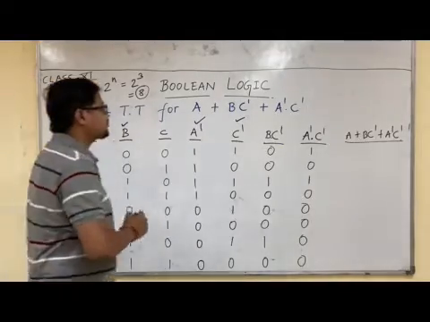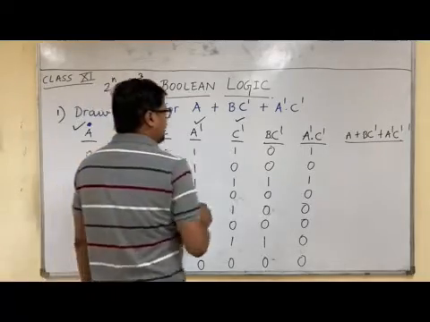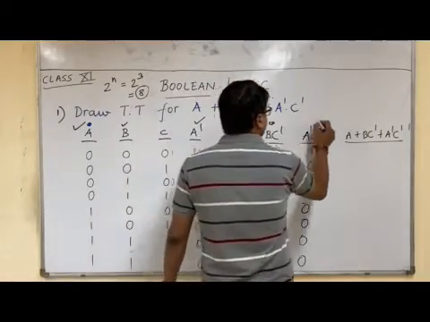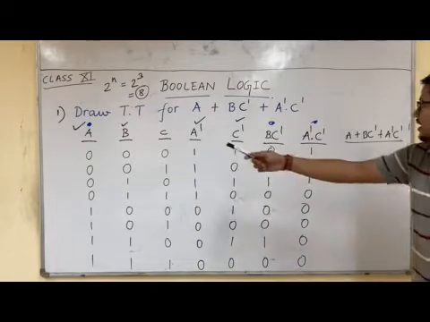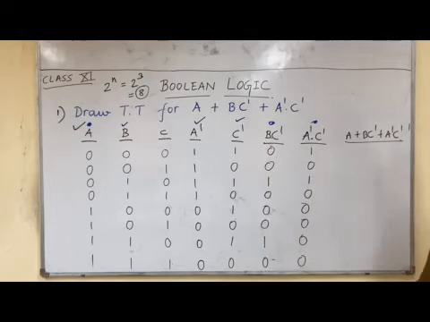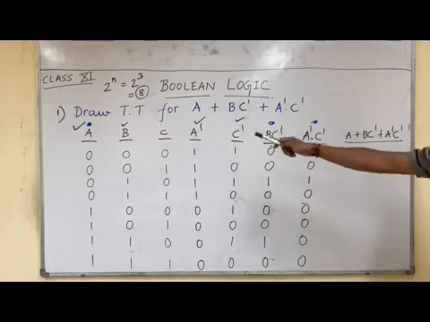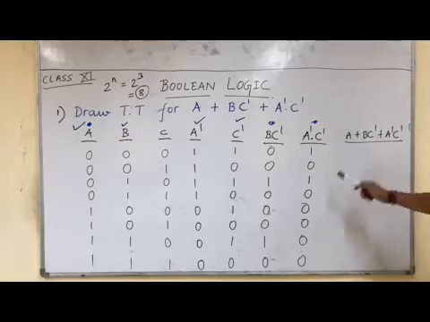A, I will have a different marking now. A, B C dash, A dash, C dash. Now remember students, A, B C dash, A dash, C dash. Between what is there? Or, plus. I again repeat. A, B C dash and A dash, C dash. What is there in between?